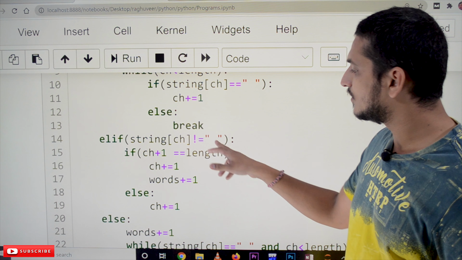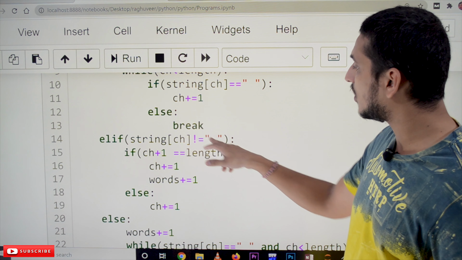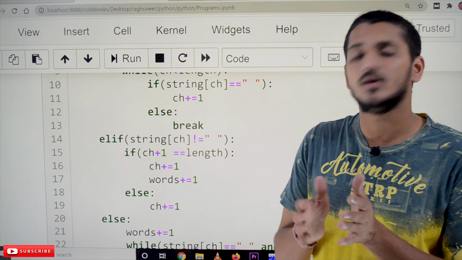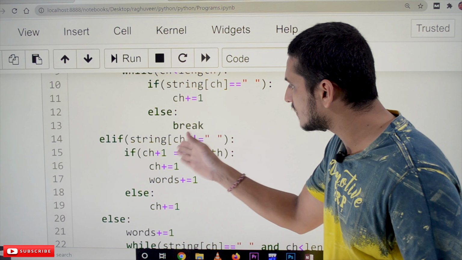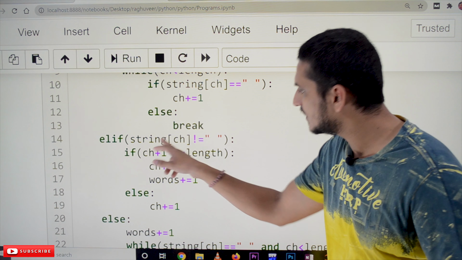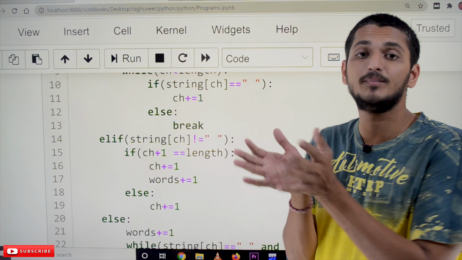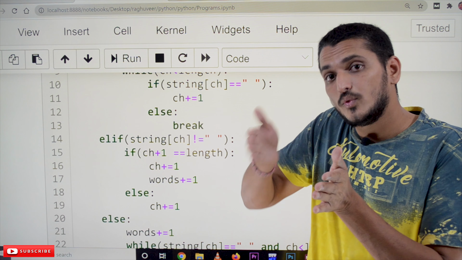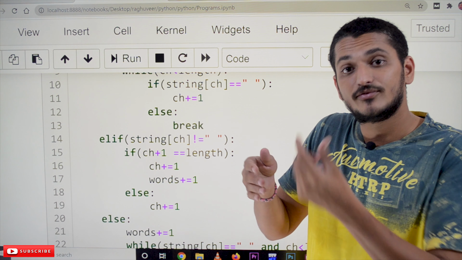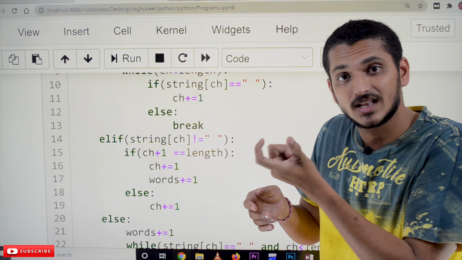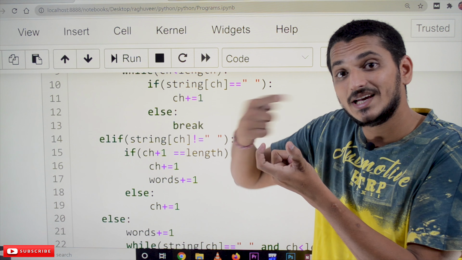Okay, now string of ch not equal to empty space means we are moving on the words. Whenever we are moving on the words, if it is the last word, we have to increase the word count.